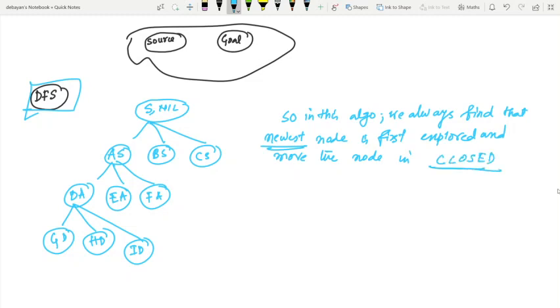You can treat closed as an array. So of course we are always searching for the newest node. So it approaches